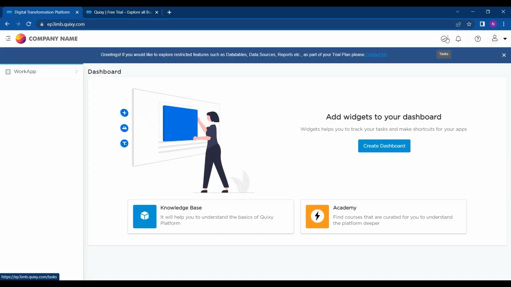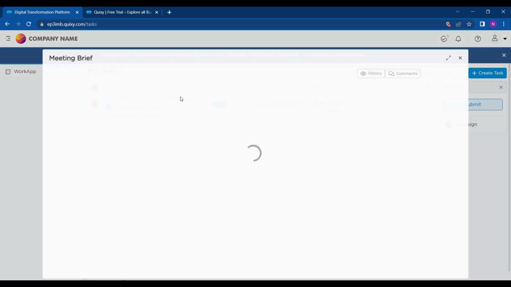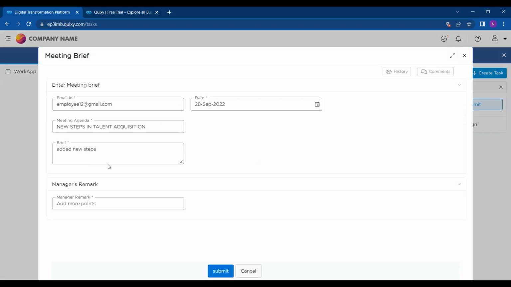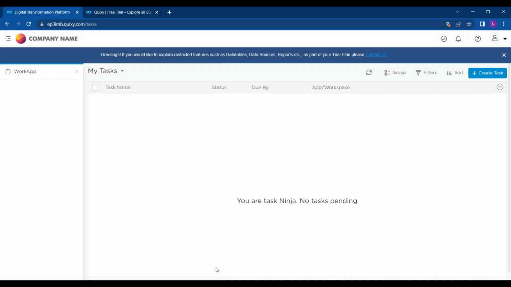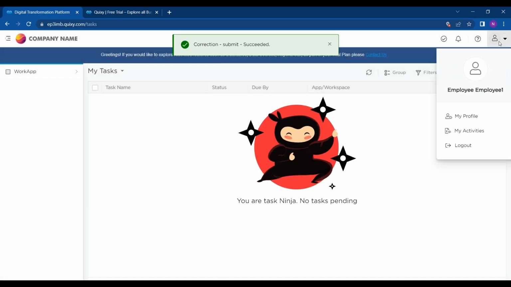Here in the task, you can see the task has been assigned, and in here again we have to submit it after adding more steps. Added more points. We can also view the manager's remarks. So if the manager has asked to add new points, he can just click on it and copy paste it from here, but he cannot edit this as this permission is not given to employees. We will just submit it again,